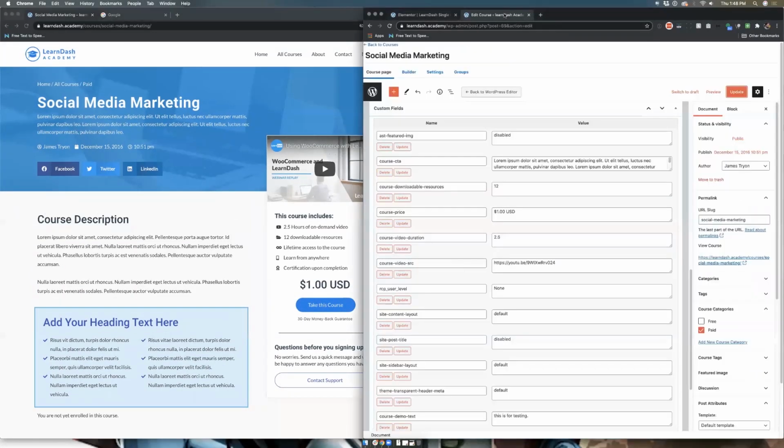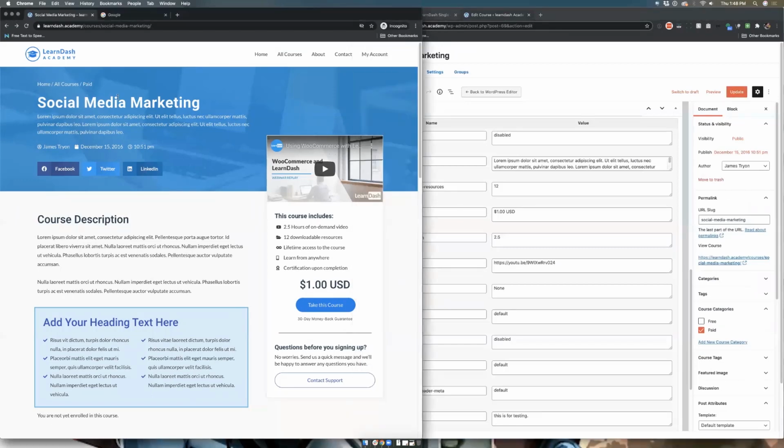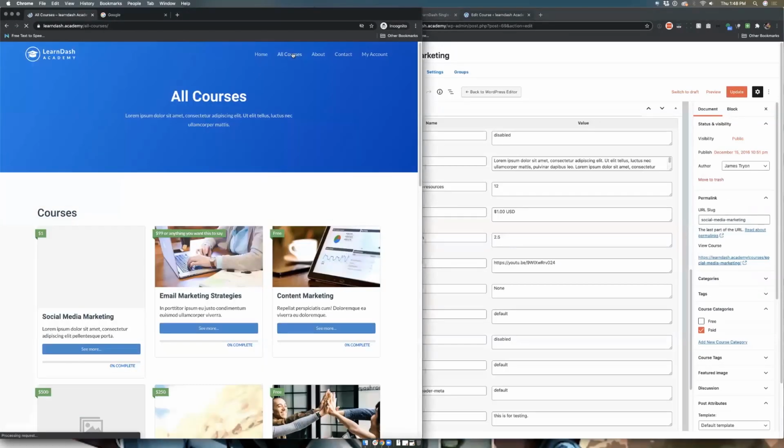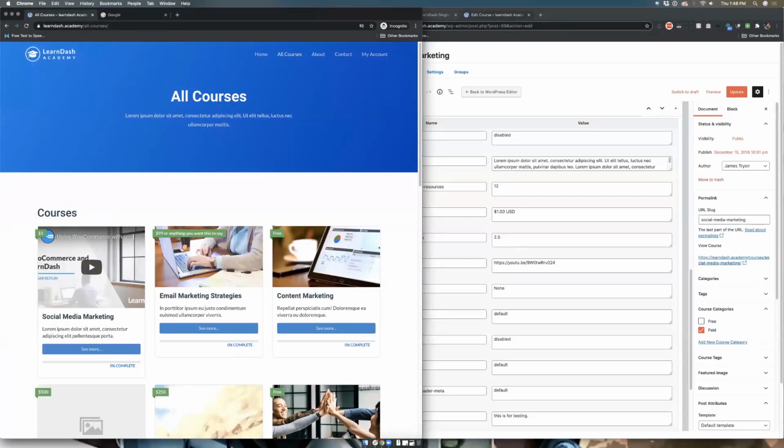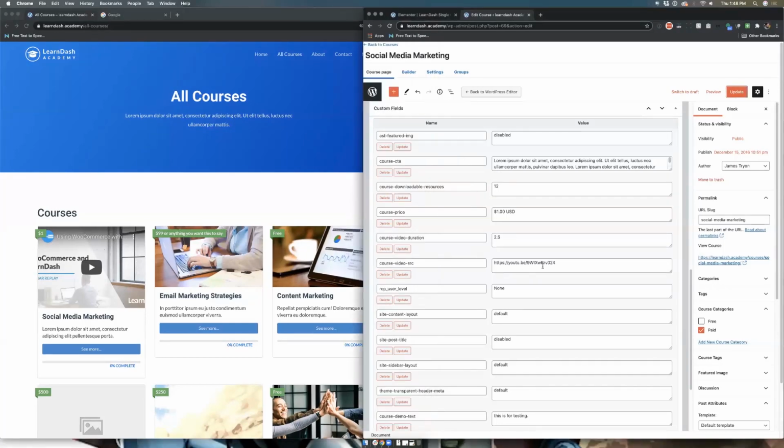Let's look at the video. Again, the video works in the course grid. I could not get the video shortcode to work, so we're going to look into that. I don't know why, but since I couldn't get it to work, I was like, well, I'm not going to let that stop me. I'm going to throw in a shortcode. So not a shortcode, another custom field. So I made a course video source, pasted the same URL in that I'm using for my actual course video,